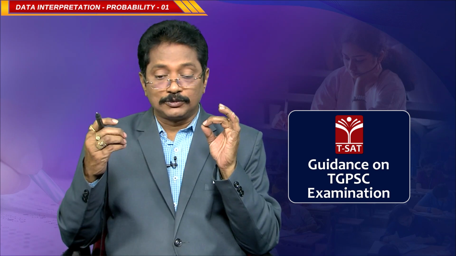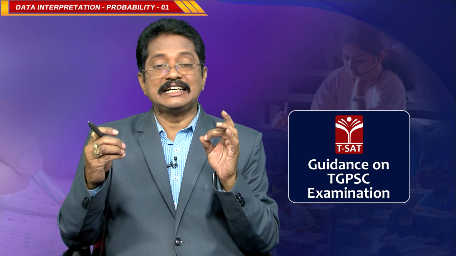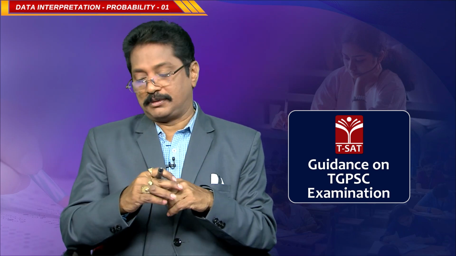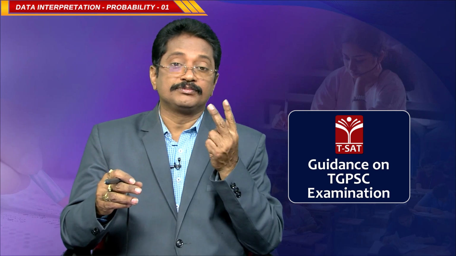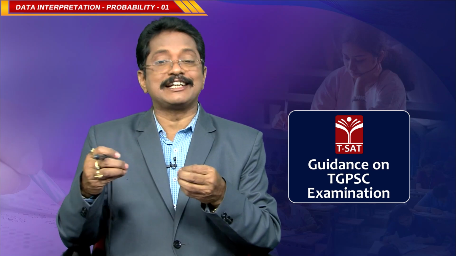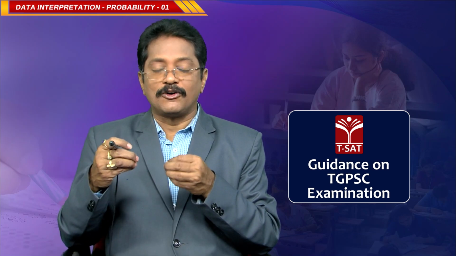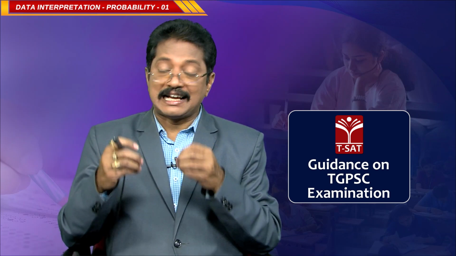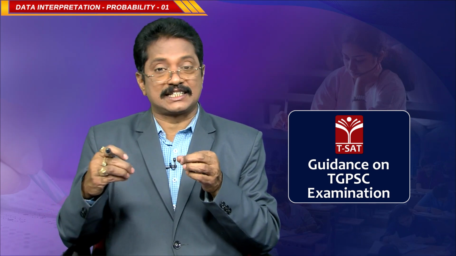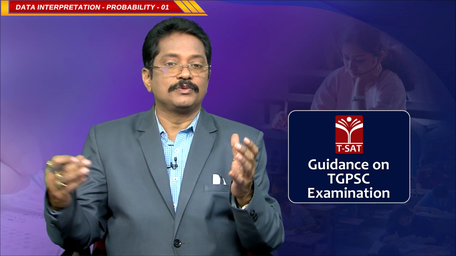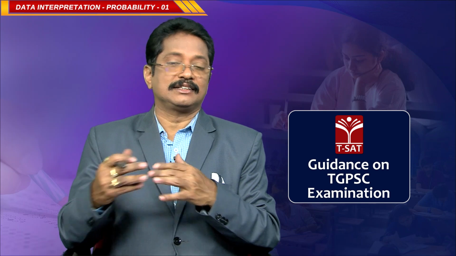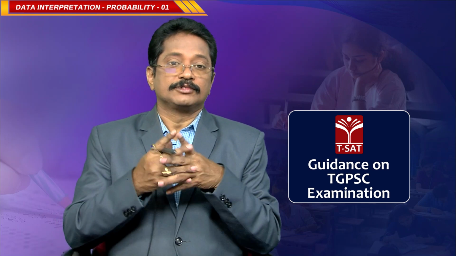The total outcomes when a die is thrown or rolled is 6, you have to remember this number. When a coin is tossed, the total outcomes is 2. When one card is selected from a deck of cards, the total number of outcomes is 52. When a dice is rolled, the number of total outcomes is 6. Okay. Now we will discuss different questions based on these cards and all the things.